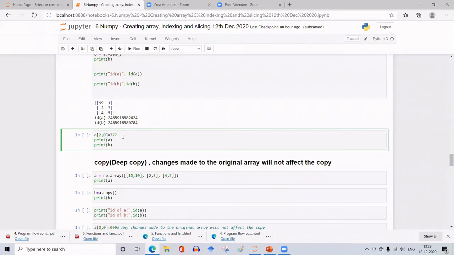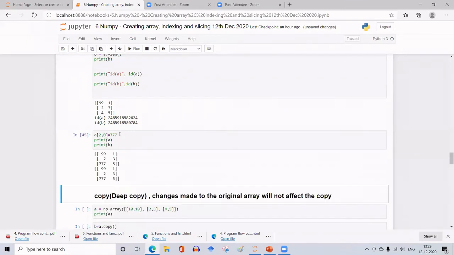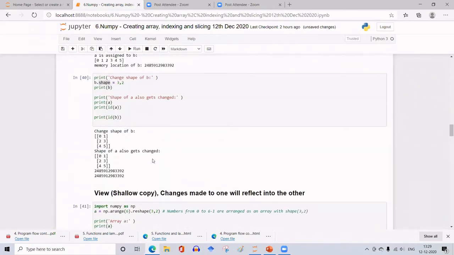That 4 I am replacing with 777. So whatever change I made in A is also reflected in B. Whether you make the change here or here, that will be reflected. And they are in different locations. They are not the same. You should not confuse that. They are two different arrays located in different locations, but they have this relation. That is about shallow copy, which is the view command.